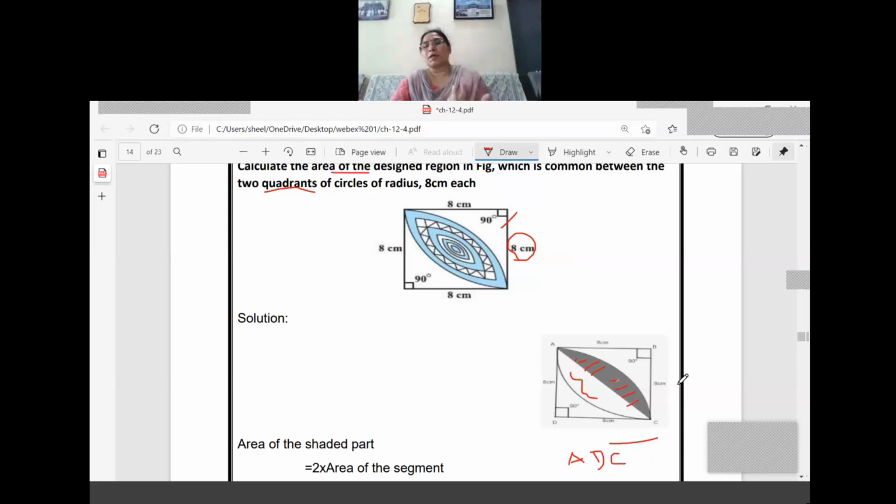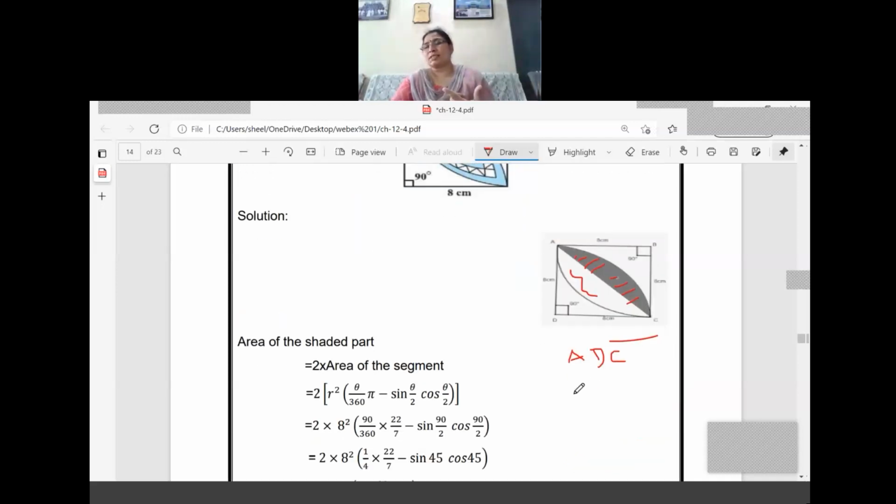Right. Now, what is the next part? The unshaded portion, if you consider AC, that is also another segment, for which sector? ABC. A little bit of confusion will be there for this one. Just think about which sector we have to consider first. The first one, the part AC we have taken, is for sector ADC. Next, the unshaded part we have taken is for sector ABC, right? So we got two segments.